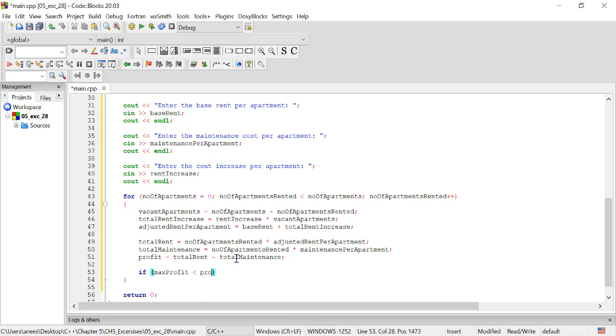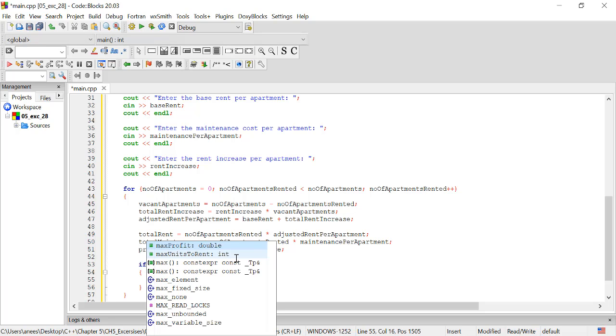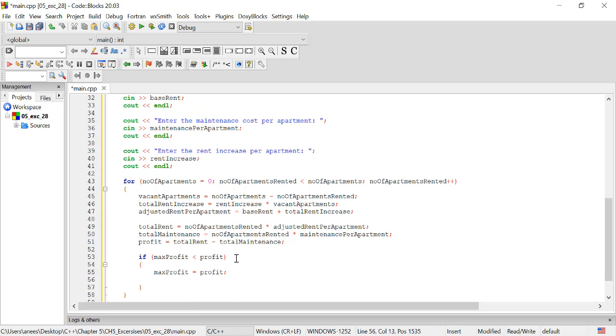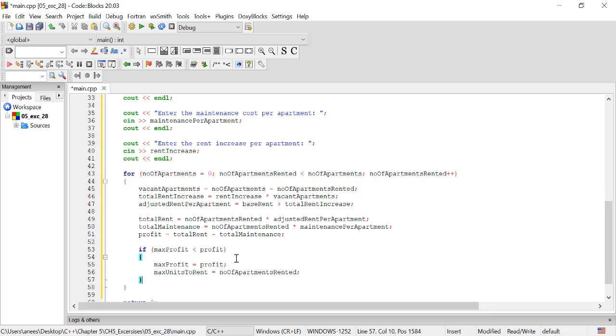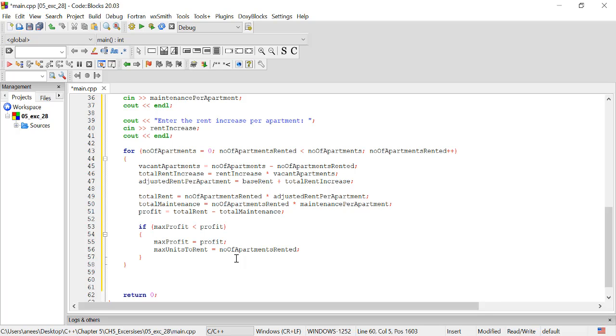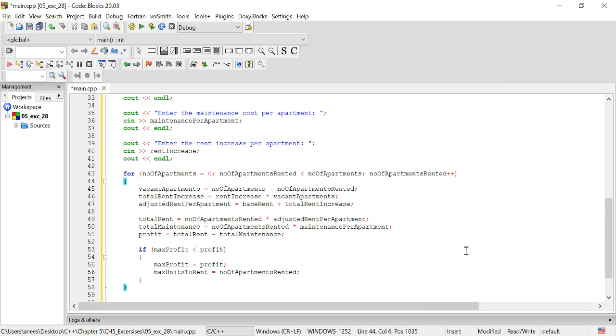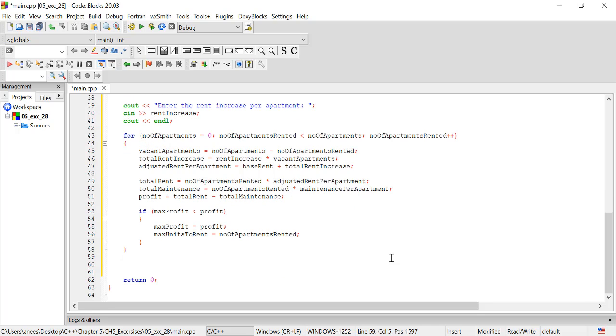is less than profit, then max profit is equal to profit, and max units to rent is equal to the number of apartments rented. And now we scroll down and come to the end of the for loop. You can also use a while loop if you feel more comfortable with them. Personally, I use a for loop in this case because it's a very simple one and it minimizes the clutter